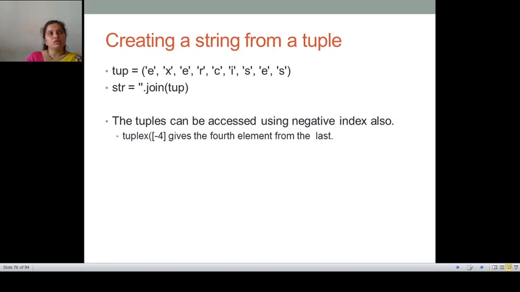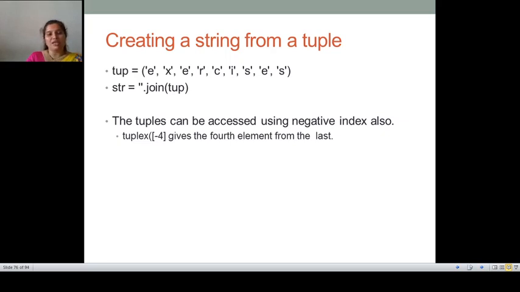Then the third difference is that a list has a variable length but a tuple has a fixed length. That is, the list size can be updated, like I can add an element to it or delete an element from it, so it can vary.